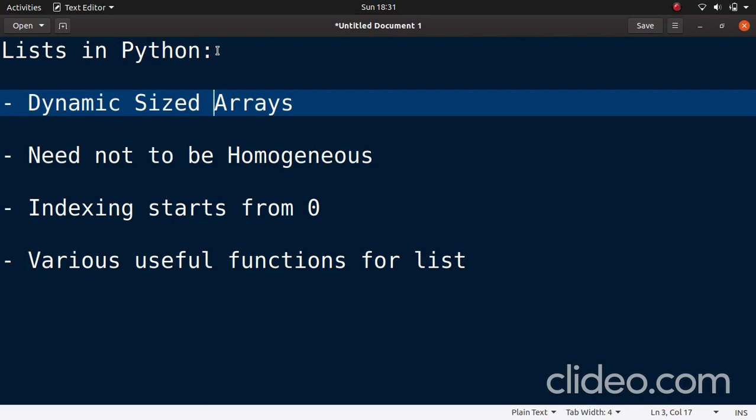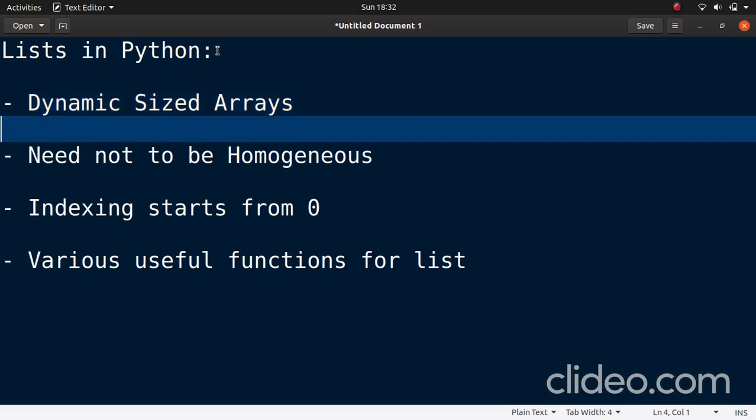Like if most of you have used arrays in C language, in that we need to declare a predefined size so that we can add elements up to that size in the array. But in the case of Python, it is totally dynamic. You can take the example of vectors in C++. Similarly, we can add as many elements as we want in the list, and it's totally fine.